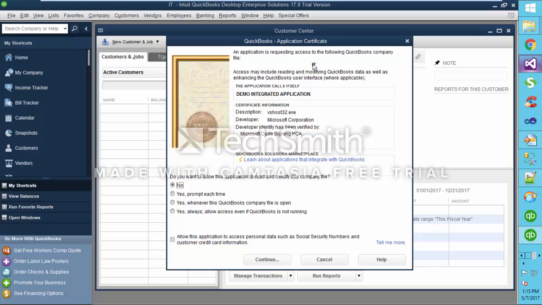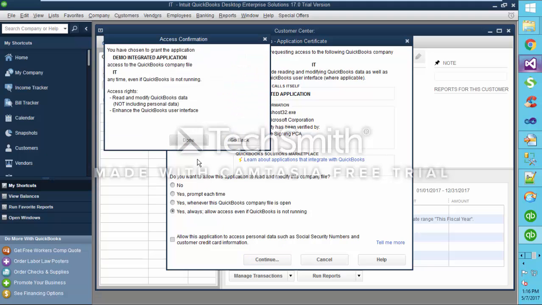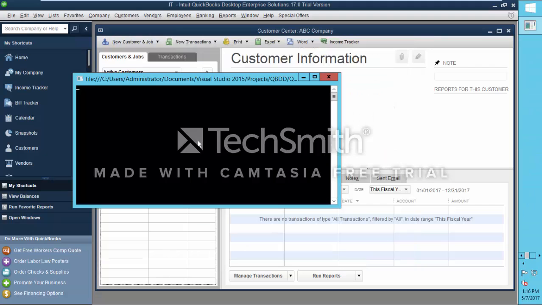The name of the company file is IT in our case. And here are some options. I'm just going to use this fourth option so that I don't have to reauthorize my application again and again. I'm going to click continue, click done,